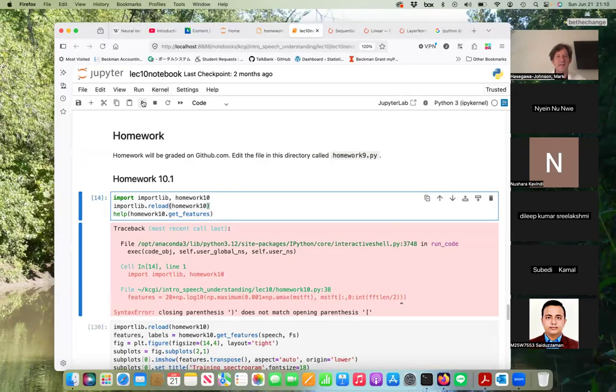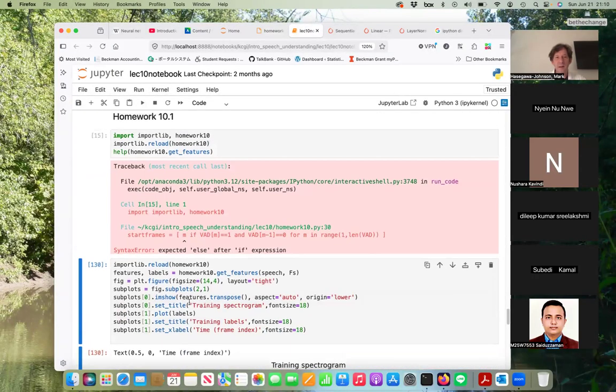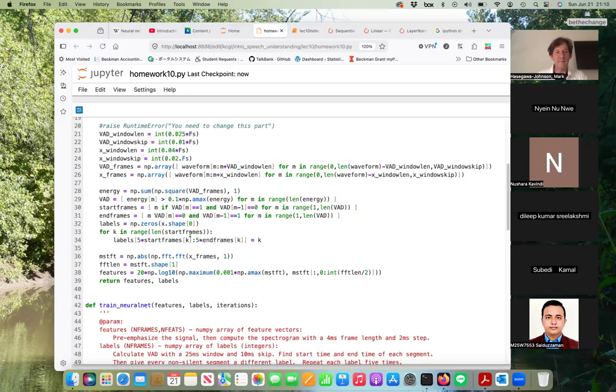All right, let's check the syntax again. Now I've got an expected else after an if operation. Oh, because I put the if before the for here. So I want to take the for and put that before the if. This is one of those tricky things about Python where we just have to be careful about what is the syntax for the particular kind of list comprehension that we're using,